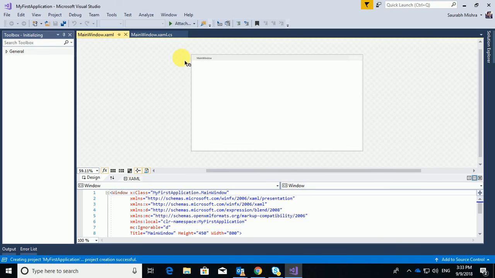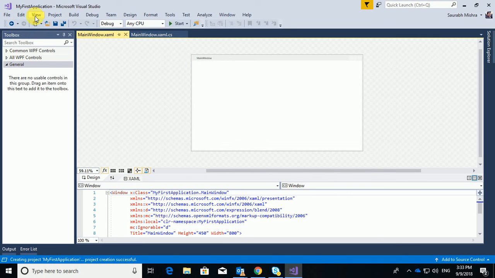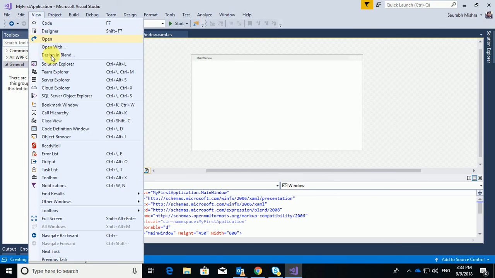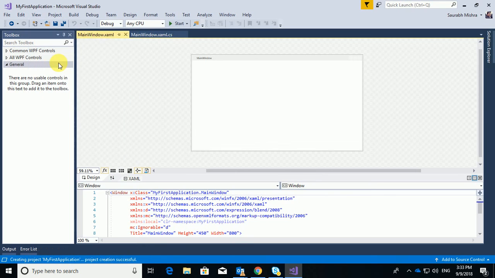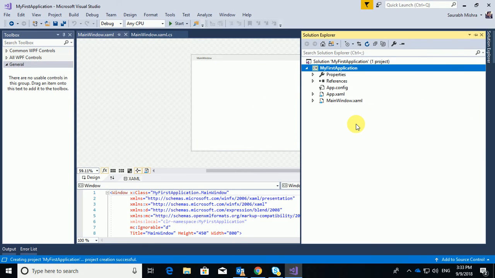Here you can see that we have created our project successfully, and then you can view Solution Explorer to see which files got created in your project. You have got one .cs file, and as you all may know, in C# we have files with the extension .cs.